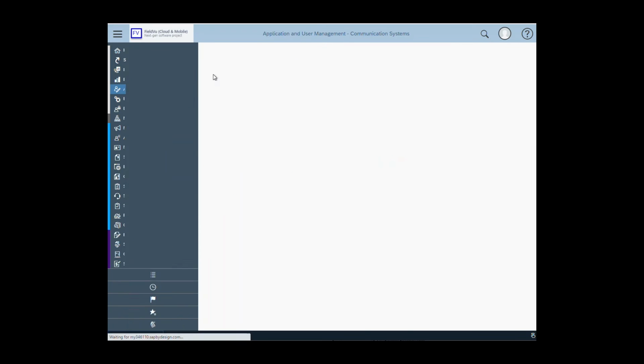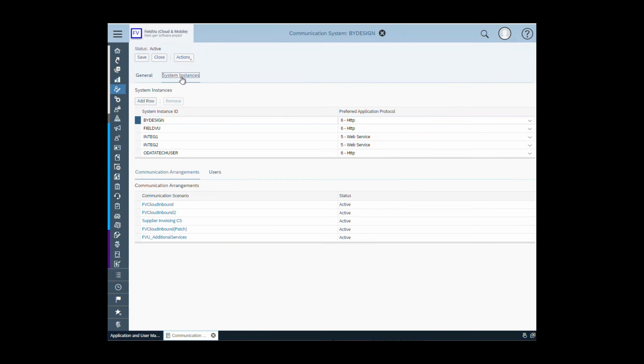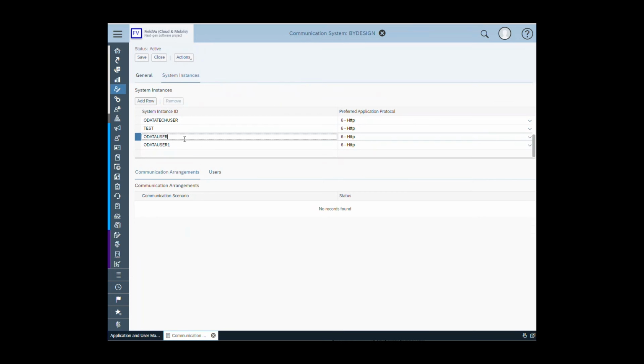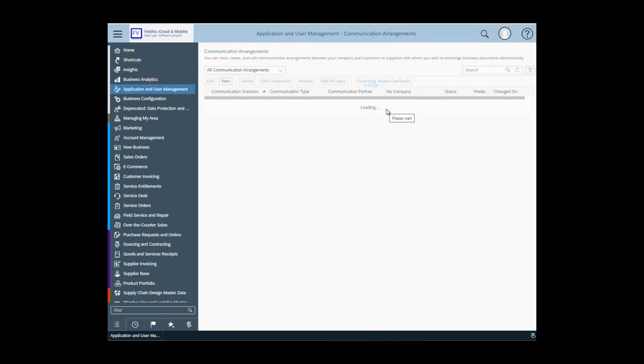So we are going to look at this existing communication system, and under system instances, you can add a brand new row to create your new system instance. You can see there are already two created for oData: oData user and oData user 1. The next step is to create a communication arrangement. So under communication arrangements, we click new,